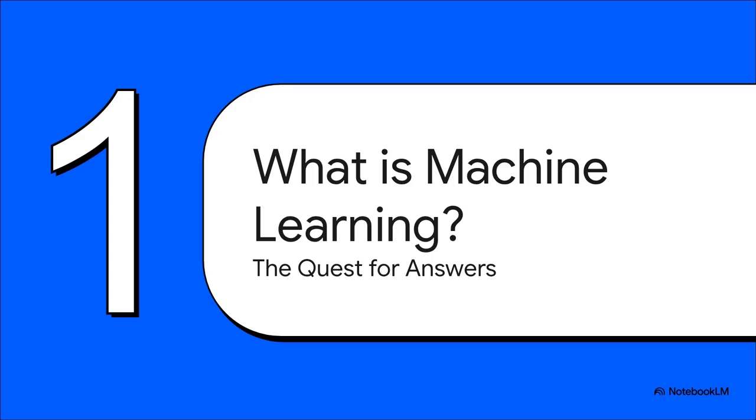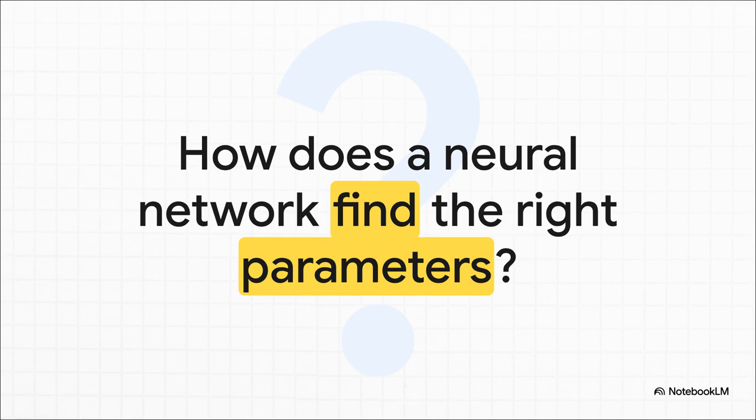Okay, so at its core, you can think of a neural network as this giant machine with millions, sometimes even billions, of tiny little digital knobs. In the biz, we call these parameters or weights. And the whole game is to tune every single one of those knobs just perfectly to solve a problem. Which, of course, brings us to the biggest question of all.